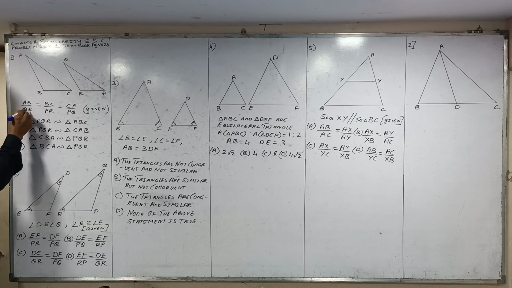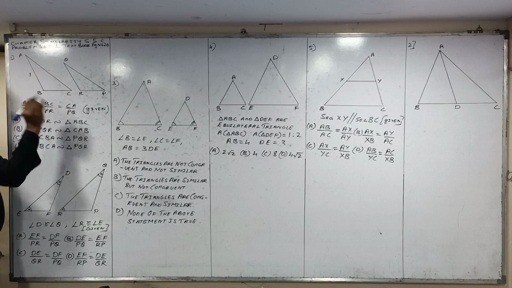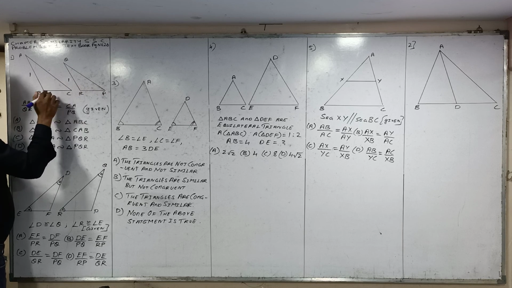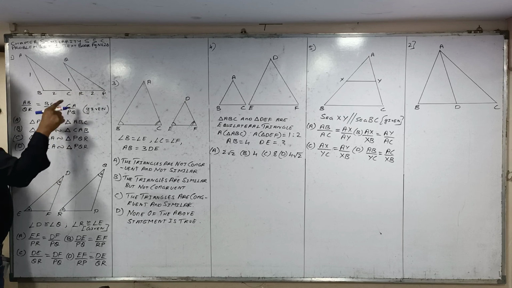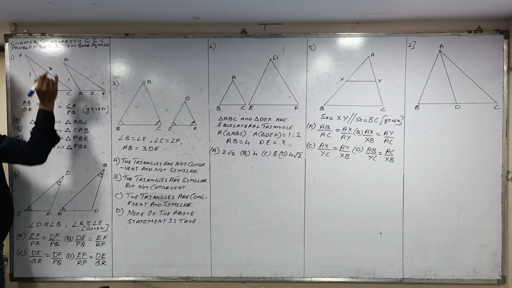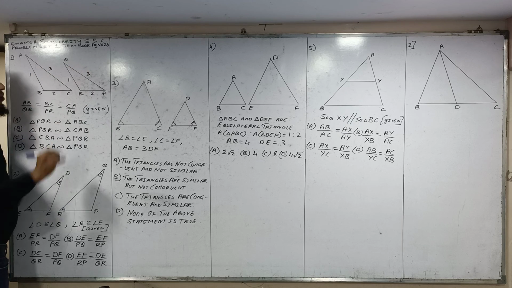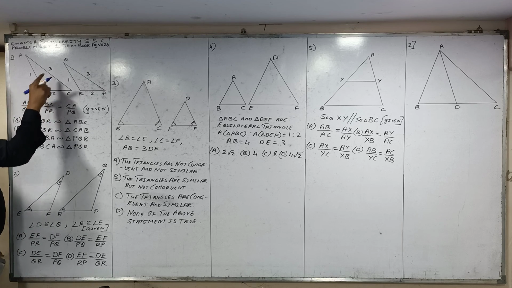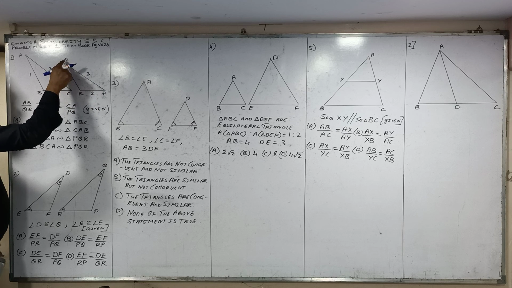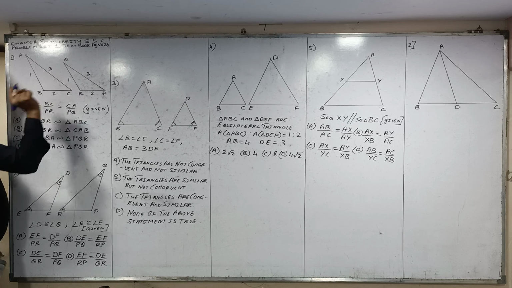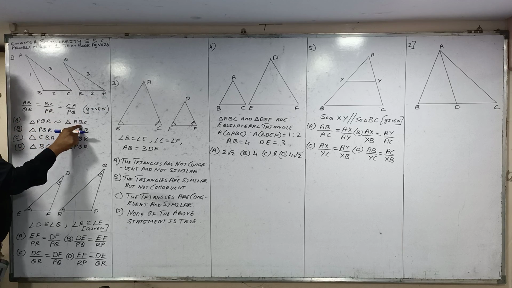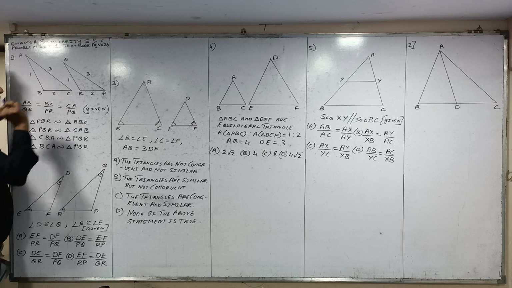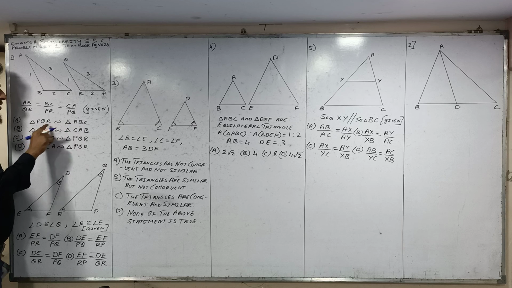See this, AB and QR. Give number 1 to AB and QR, 2 to BC and PR, and 3 to CA and PQ. So when you write PQR, you are going from PQ, 3, to 1. You are going from the third side to the first side in this triangle. But in triangle ABC, from 1 we are going to the second side. So this is not our answer.